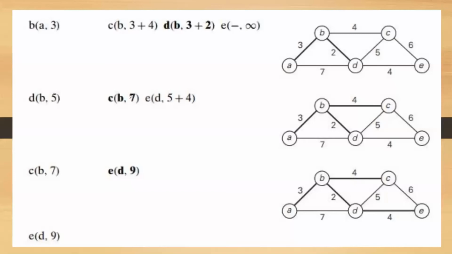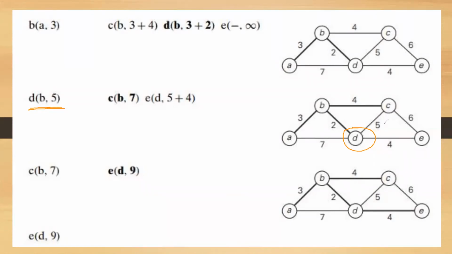Now currently you have chosen D as the vertex. Sorry, D is the vertex that is currently added to the tree vertices. Now you have to consider this vertex. What is the initial value of C? Initial value means in the previous step, what was its value? It was 7. If you look at the previous step, 4 plus 3 is 7. It is via B. Now via D, once again calculate the distance of C and see whether it is lesser. Now what is the distance of D? Distance of D is 5 from the left hand column.